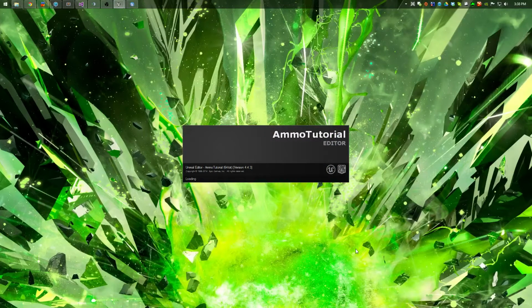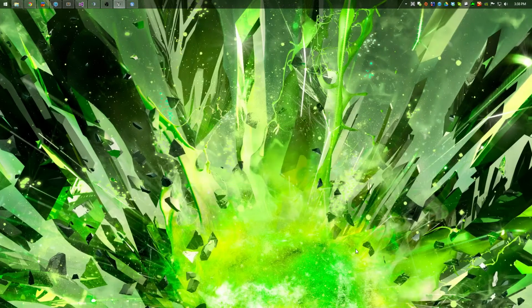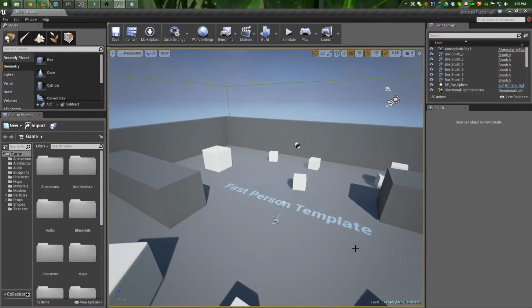And so that's just going to load. So yes, I plan with all my tutorials to do a blueprint and a counterpart C++ version for all of them. So now we have our